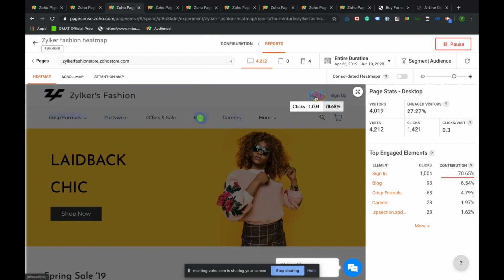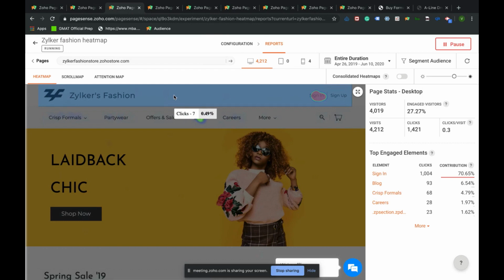So for each and every element, you would be able to see how many interactions have happened and how many clicks have been made. This is also known as the click map. This helps you understand how many people have clicked, what elements they have interacted with, and where exactly the users are focusing. So let's say, for example, you run a SaaS business or an e-commerce business.